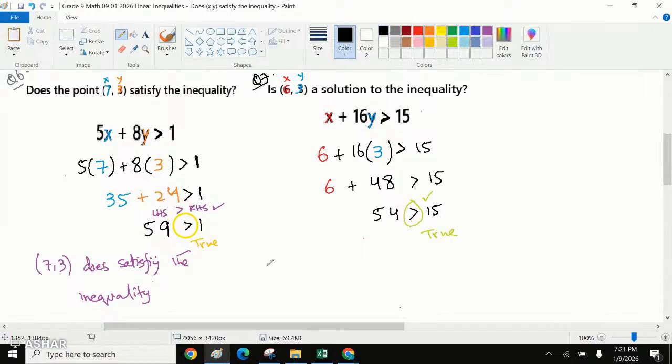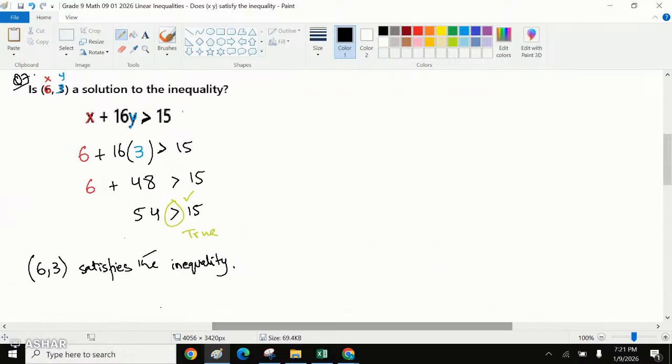Okay, so finally we say that the point or the coordinate or the vertex 6 comma 3 satisfies the given inequality in the question. Okay, we're just looking at whether it is justifying or not. You're not looking at any other thing right now. Okay, so question number 8 would state that,